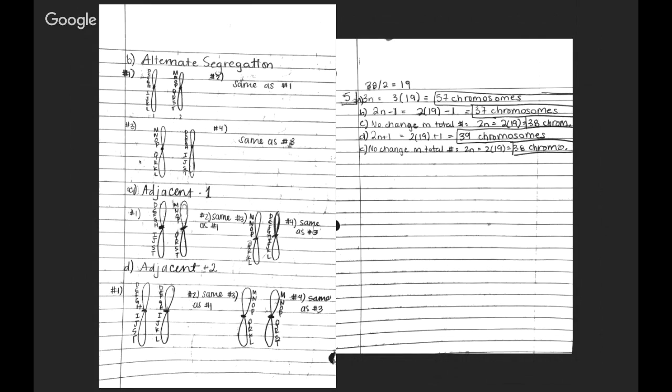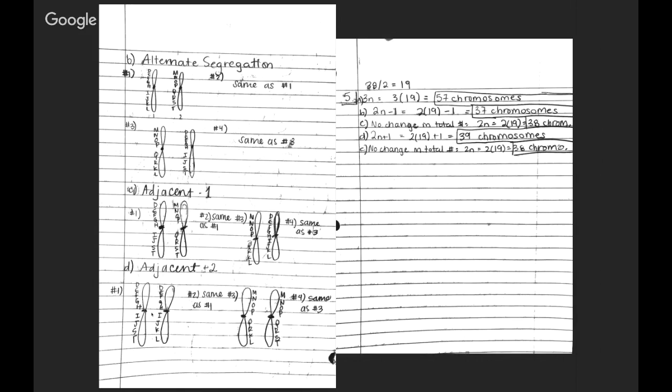Then for part C, adjacent 1 segregation, what happens is we have part of chromosome 1 crossed over with part of chromosome, or with a normal chromosome 2. The second one is the same. On the third one, we have part of chromosome 2 crossed with chromosome 1 and chromosome 1, and the same as number 3. On adjacent 2 segregation, we have